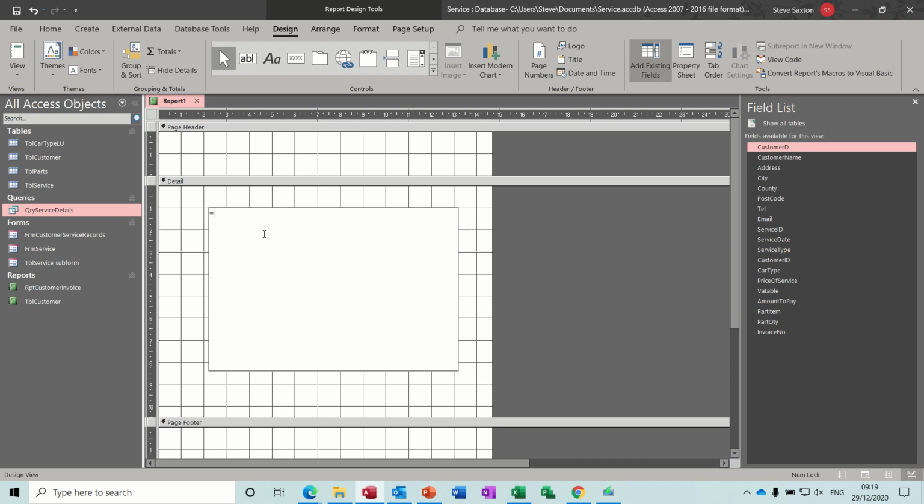So I will go square bracket, customer name, close square bracket, glue point, little ampersand sign. Spelled customer name wrong, that won't help. Your little quotes with a space and then another ampersand sign, and then you want address. Now this time